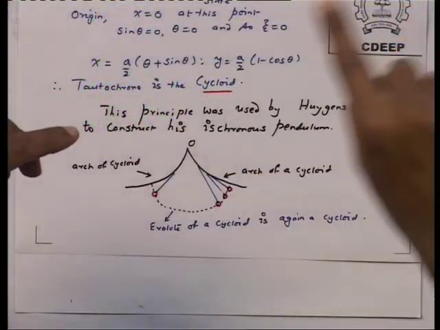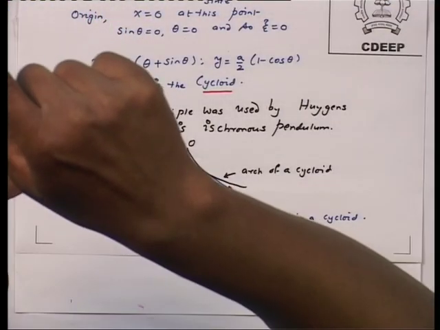Given any curve, what is the evolute of the curve? You do exactly what I said. You take a string and you allow it to unwind. So, if you take a circle, for example, and if you wind a string around a circle and you release it, what will be the evolute? The evolute will be a spiral, no? Whereas here the evolute of the cycloid is another cycloid. The evolute of a cycloid is another cycloid,